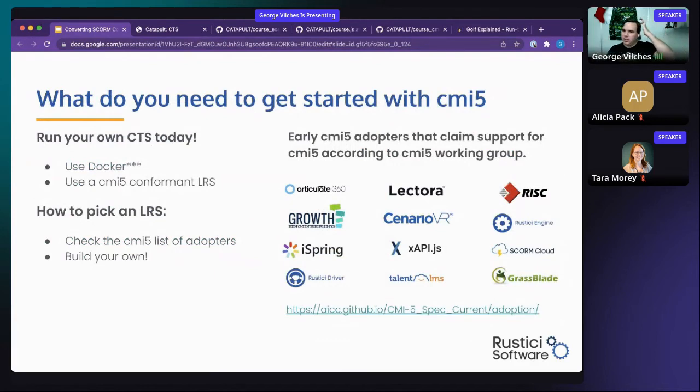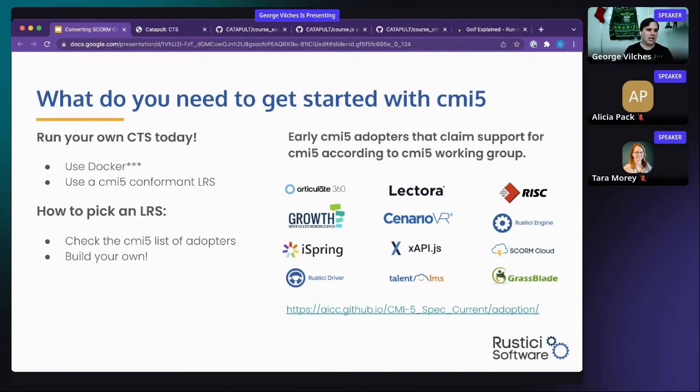Okay, you're going to want to get going right away with CMI5. Here's content tools, here's applications and LRSs that might have CMI5 support already in them. There's also the CTS Catapult, available for you to go stand up an instance today. There isn't yet a public instance. Hopefully that will all be worked out one day, that it would make sense to have public instances for these,